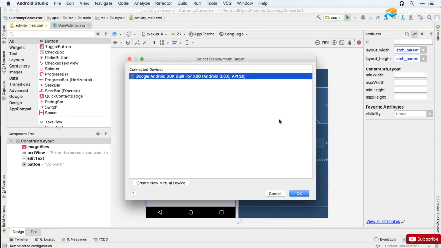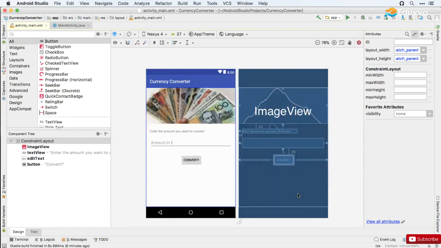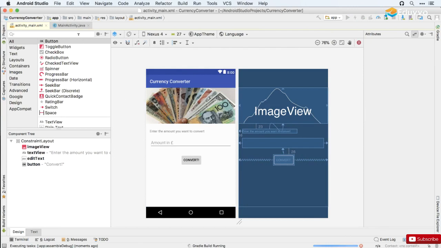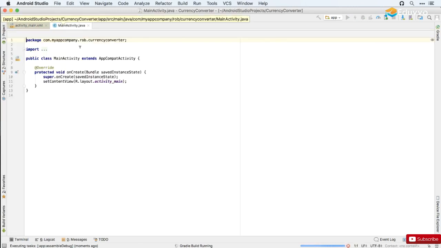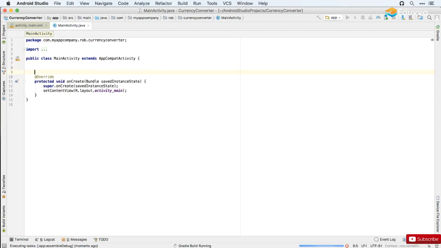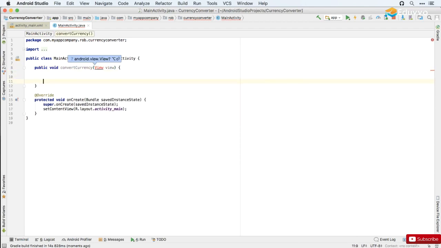As we've done before, I'm just going to run the app on our device while I jump over to write some code. And it's the code that we're used to now. So we're going to create a public method which doesn't return anything, so it's void. I'll call it convertCurrency. As usual, it's going to take a variable of type View that we'll call view. Add in the View class with Alt Enter, and then for now